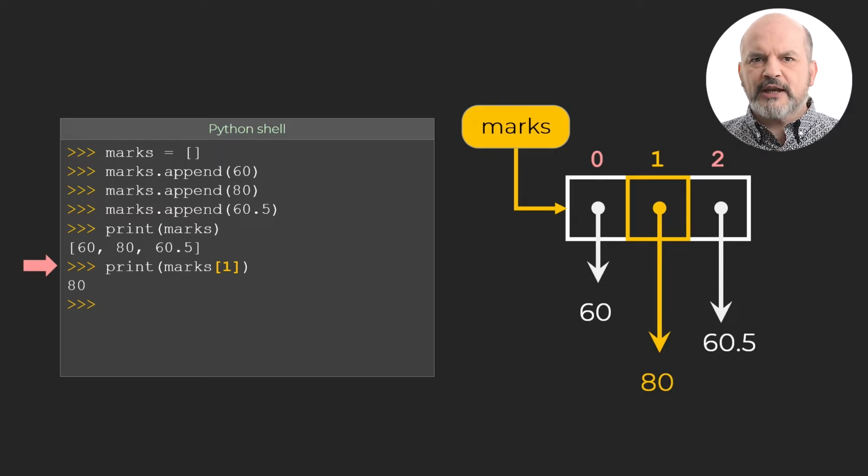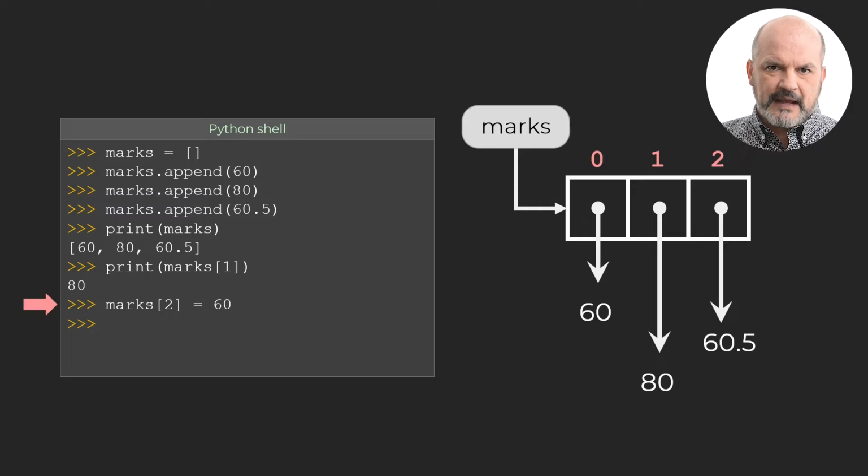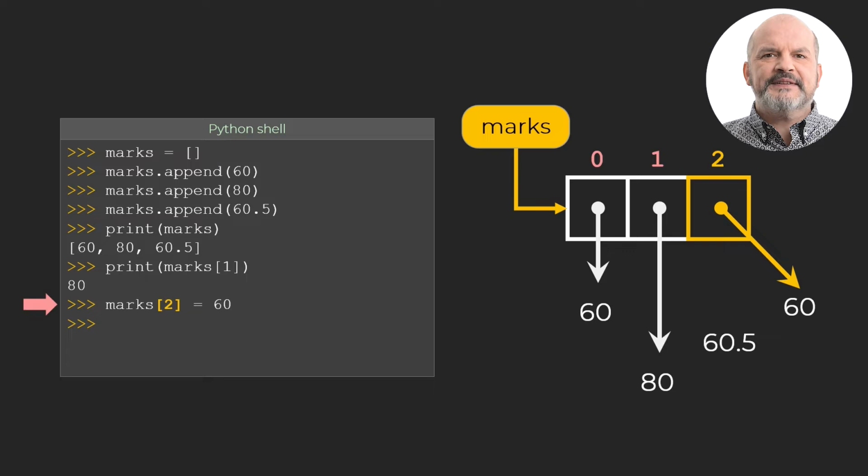We have seen how to read a value at a given index in a list. We should be able to modify the list at a given index too. This is done using the assignment operator. The right-hand side of the operator is evaluated first. On the left-hand side, the interpreter looks for the element at a given index. This is done by using the name of the variable followed by the index of the element to be changed between square brackets. The assignment operator assigns 60 to the third element of the list marks.